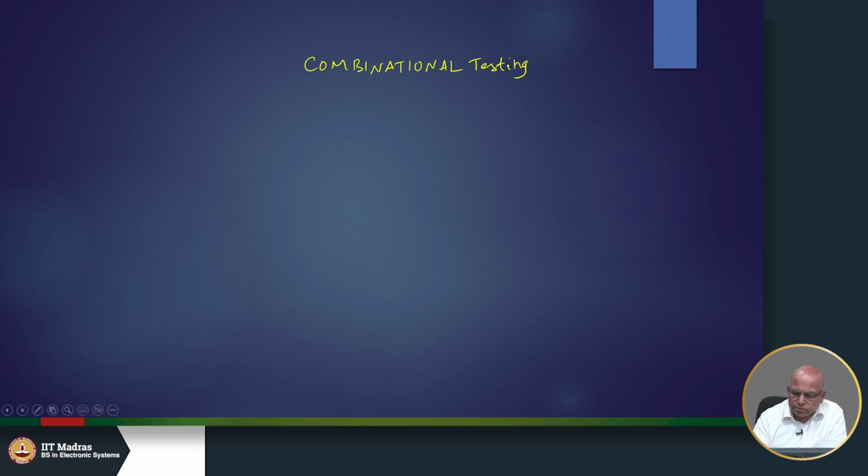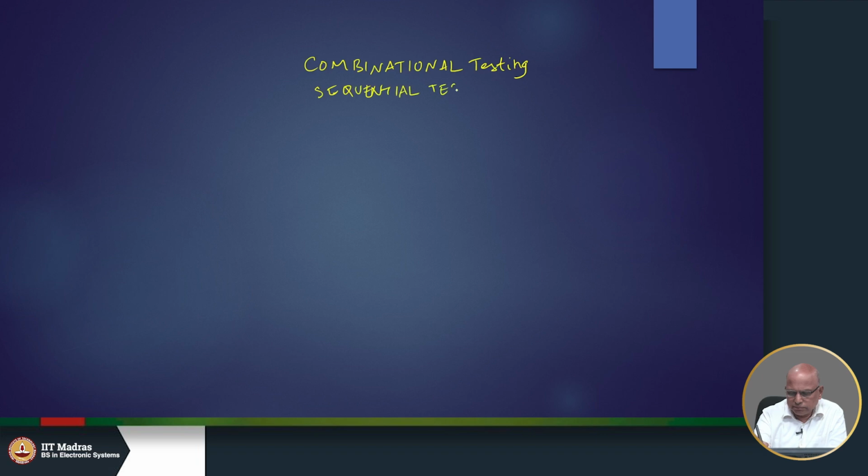We talked about the D algorithm, fault sensitization, fault propagation, automatic test pattern generation. Then we looked at sequential testing,